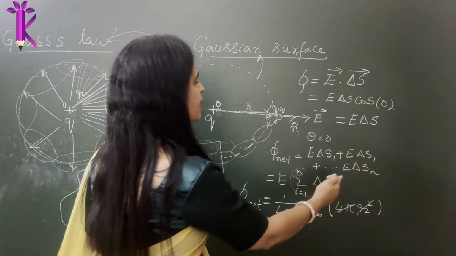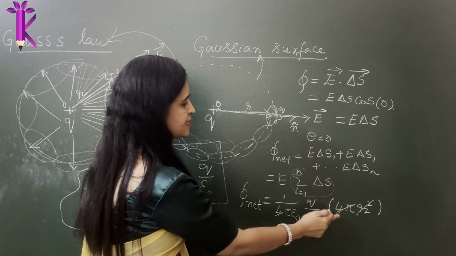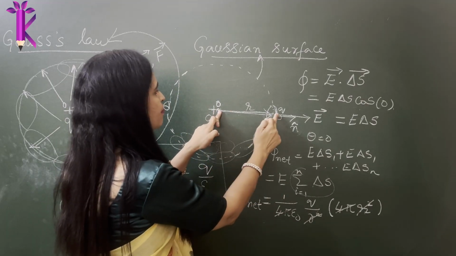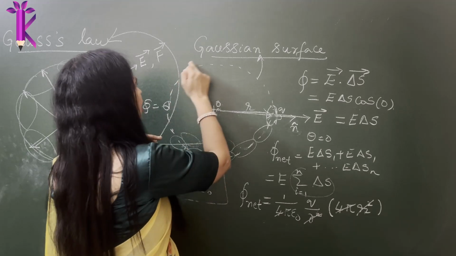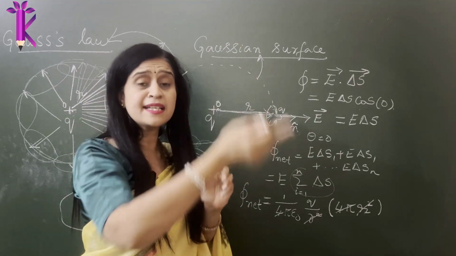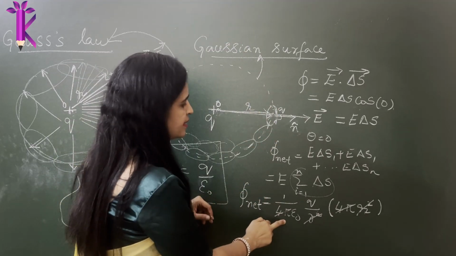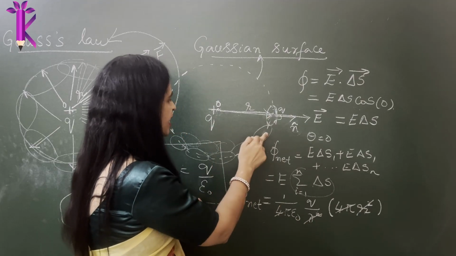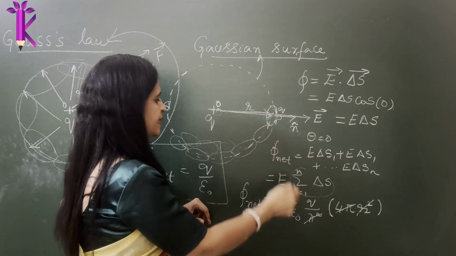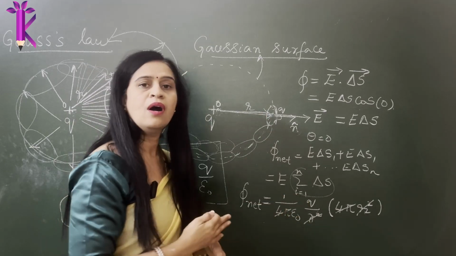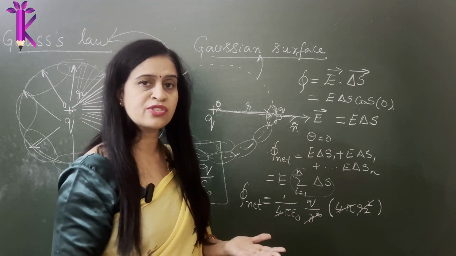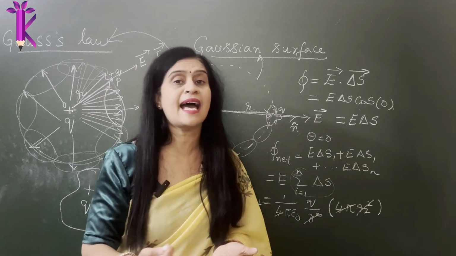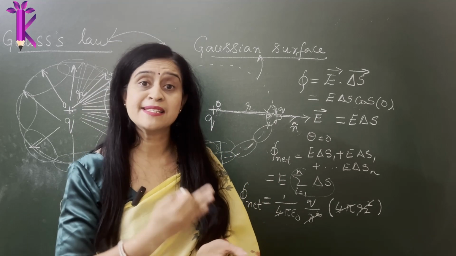We had a direct formula for the total surface area of a sphere, and since it was a sphere, no matter where I keep the point charge on the circumference of the sphere, the electric field turns out to be the same because it has a symmetry. The distance between the point charge anywhere on any cross-sectional area of the sphere will be r, and the magnitude of the charge is also the same, so it will experience the same electric field. The magnitude of the field and even the direction of the field also matters because it's a vector.